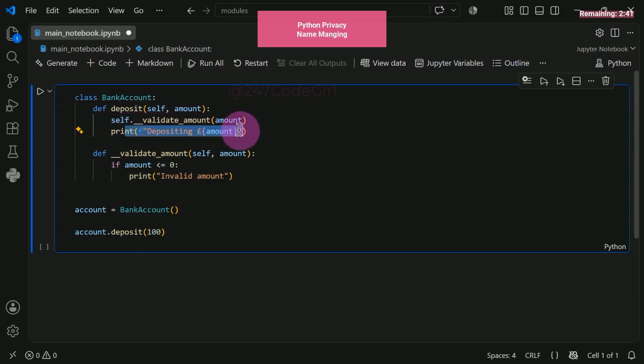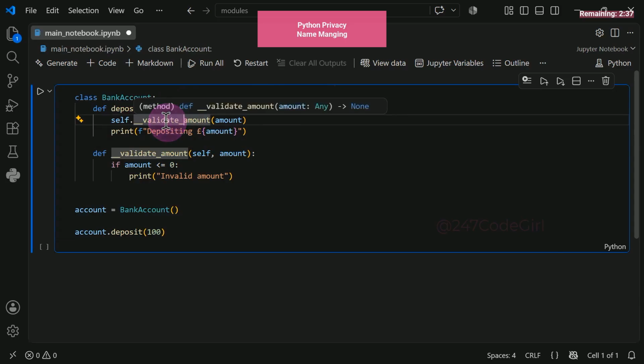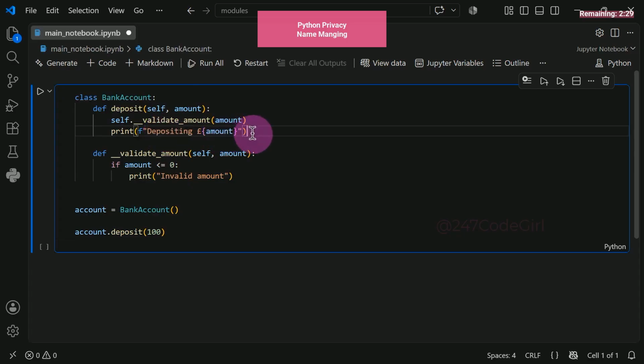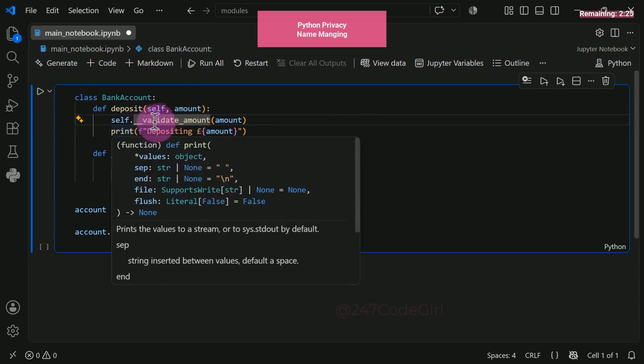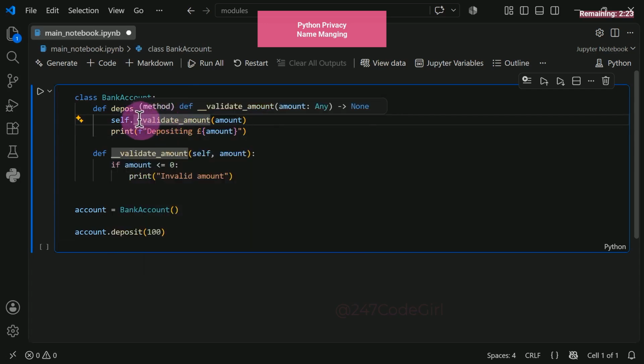For this example, we will keep it simple. We will just let the code run. We will not add any logic to block or reject the value. We will simply print a message saying invalid amount, but still allow the deposit to go through. In a real application, you would have stronger logic here. But to keep things clean, here is validateAmount. It can be called like this.